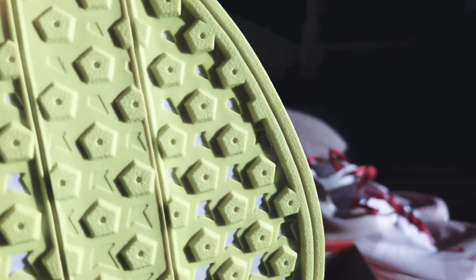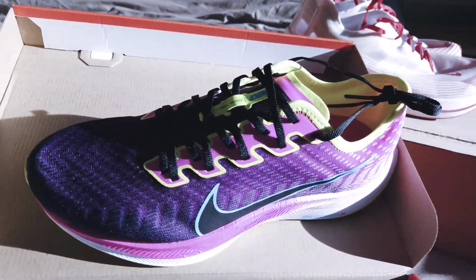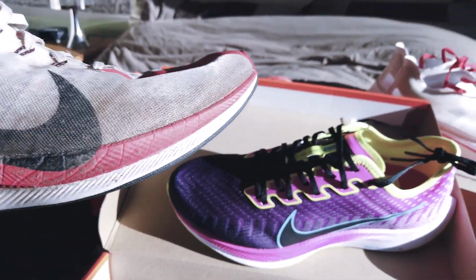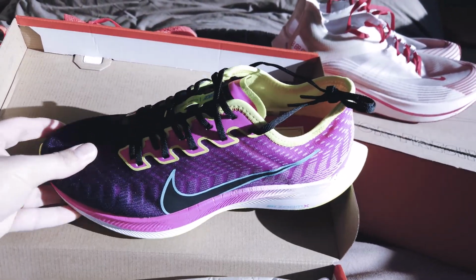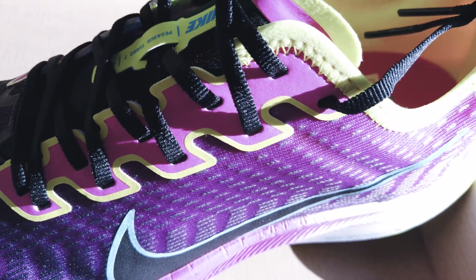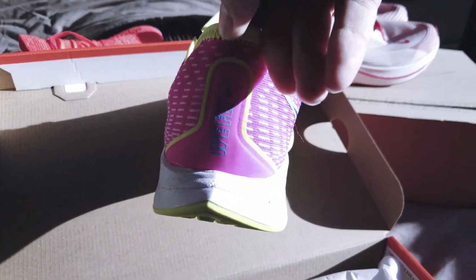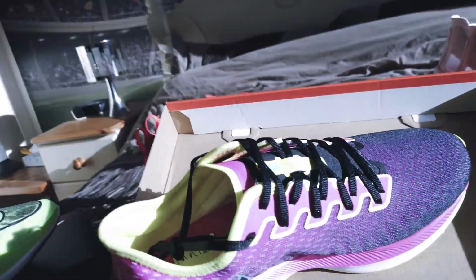But bear in mind, this is the Pegasus Turbo 2, as opposed to my Mo Farahs, which were just the original Pegasus, just with a new colour scheme. So these are all slightly different. The actual lacing material is completely different, because obviously we did have the Flyknit before, and now we've got this tighter mechanism. But yeah, very nice, very bright. We fly at the back of that, which is what it's saying there. And the inner side,